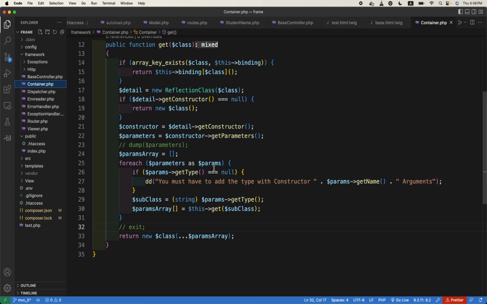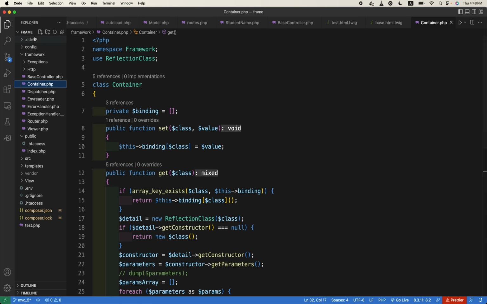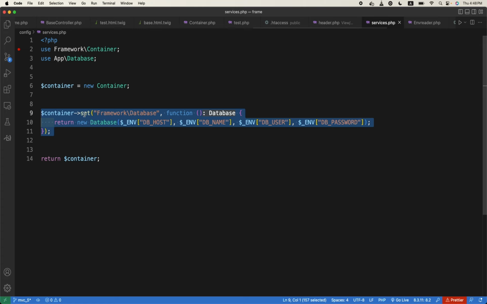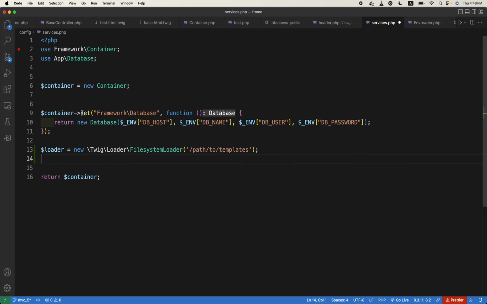So we already have, no, sorry, not container.php, but we will use the container, and we will use it in the services.php. So we already have one entry here, and this was done for database, right? So similarly we need to have it for the loader also, right? So rather than specifying it ourselves, like with new, what should we do? Container. And the path should be